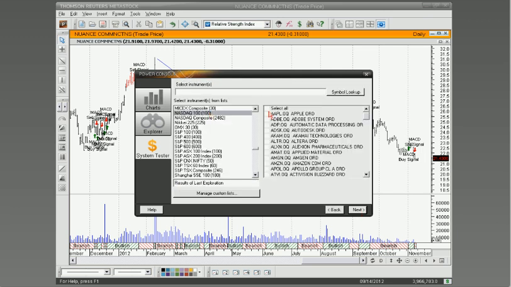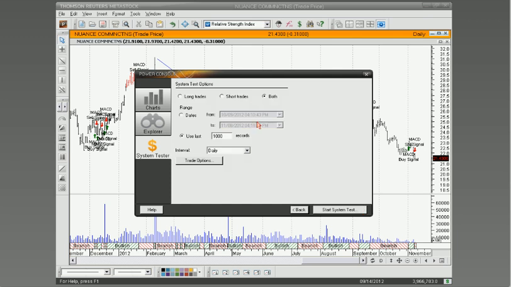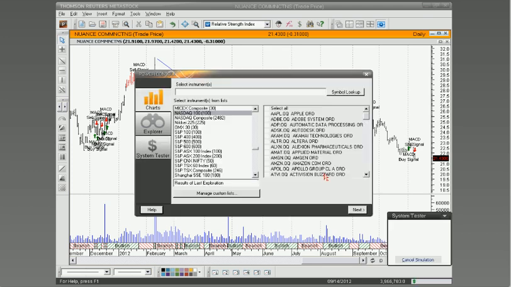We'll go ahead and select the NASDAQ 100, and let's check the NASDAQ 100 and see who has performed the best on the MACD over the last couple of years. So we're going to look for both long trades and short trades, and I'm actually going to do the last 4 years of history on a daily basis. We could run this on a lot of different intervals, but let's do it daily and stay consistent for just a moment. We'll start that system test, and you'll see down here it's running through the 100, scanning each one